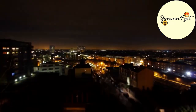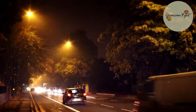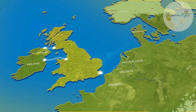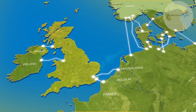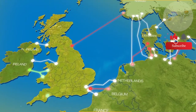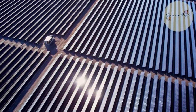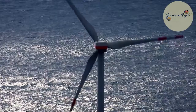Europe, like the rest of the world, is facing a changing energy landscape. And collaboration is the way forward. Interconnectors between nations form a crucial part of the European vision for a greener, unified electricity market. And the number in construction, or being researched and developed, is growing each year. Promoting the use of renewable energy, interconnectors also increase the security and diversity of supply throughout the continent and help